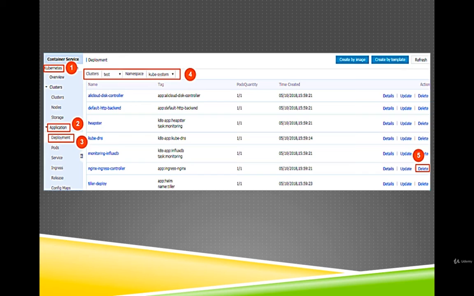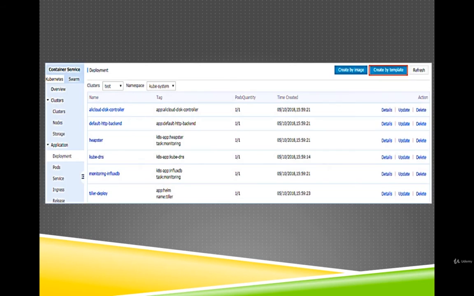and then deploy a new set of high reliability ingress controller access layer. A point to note here is the ingress controller deployed by default is associated with the nginx-ingress-lb service. Do not delete the associated service when deleting the deployment, and that's very important. The nginx-ingress-lb service is about to be updated later, as you can see on the screen now.